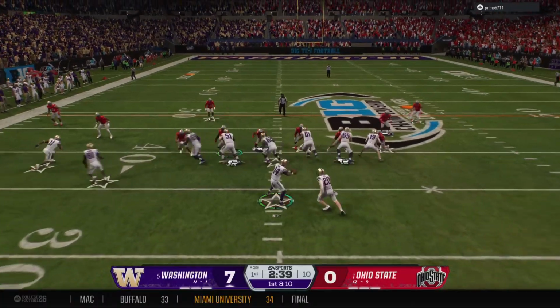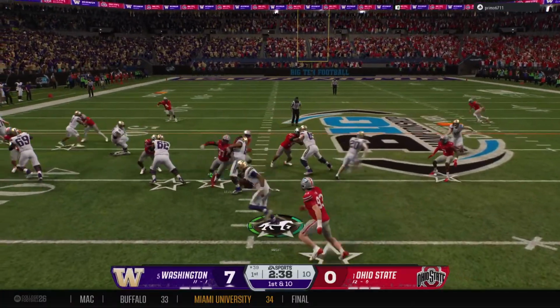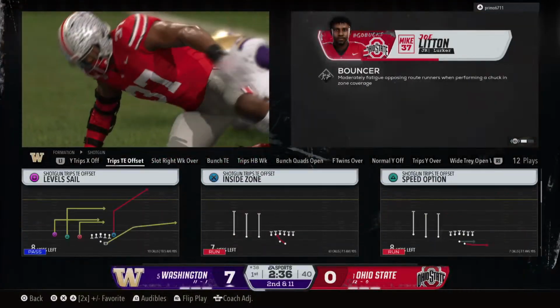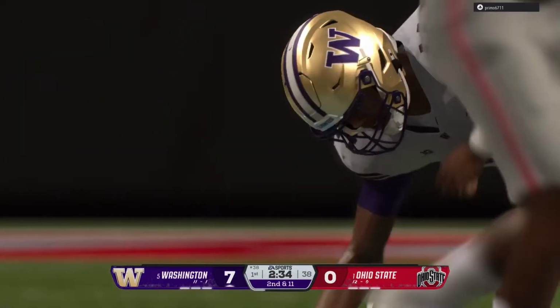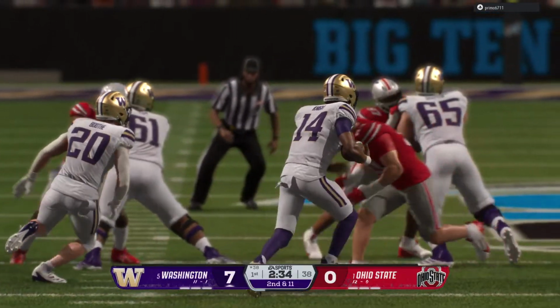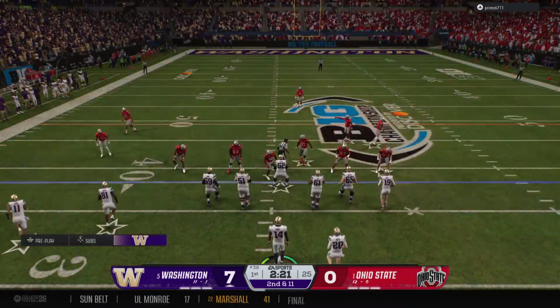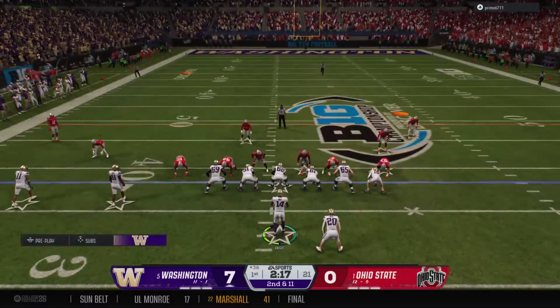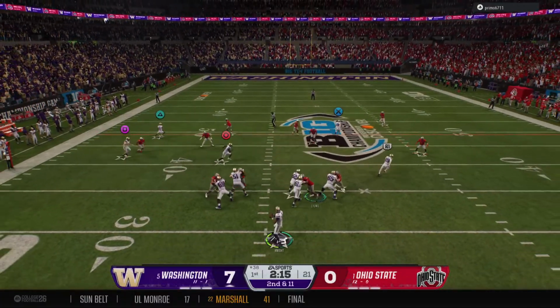Can they do it again, or will this defense make some adjustments to get a stop? Tough running to avoid a loss, but it just barely gets back to the line of scrimmage. And it's a nice job by this defense. They saw option, actually forced the quarterback to pull the ball on the read, and then they corral him for a loss. You could tell they worked hard on that in practice.